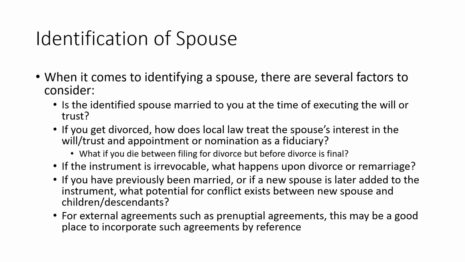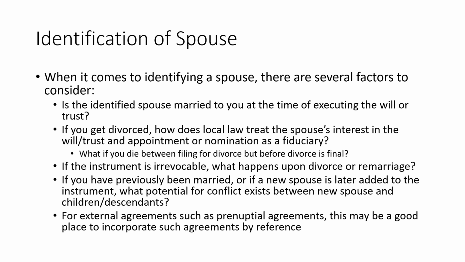So if you die between filing for divorce and when the divorce is final, that's one area that should be addressed. And if you die after the divorce is final, what should happen to the spouse's interest? That should be addressed as well, so your intent is not muddied. And even if the state law does allow for termination of an interest upon divorce, you and your spouse might move, and that may no longer be the case in the future. So that needs to be drafted in for maximum flexibility.